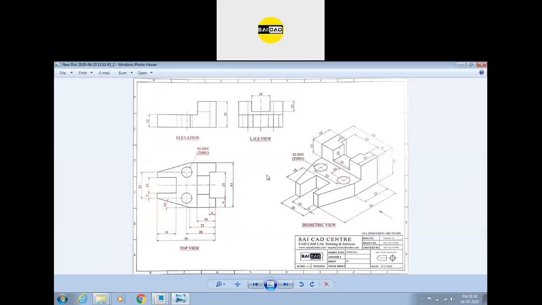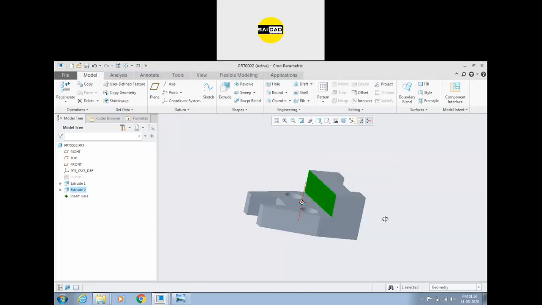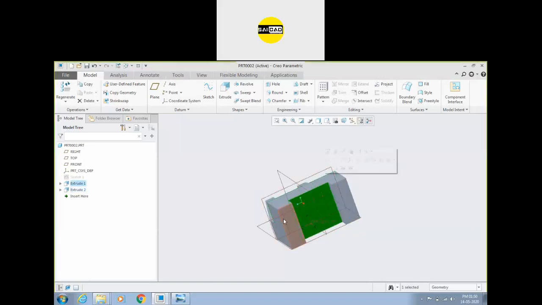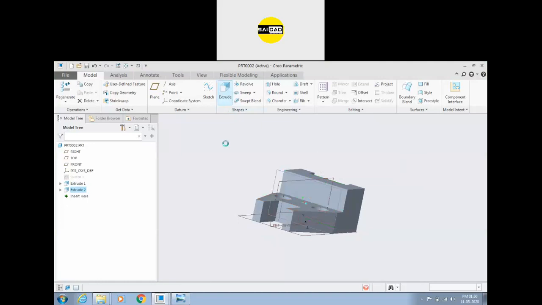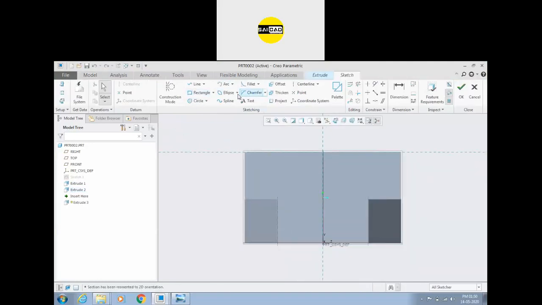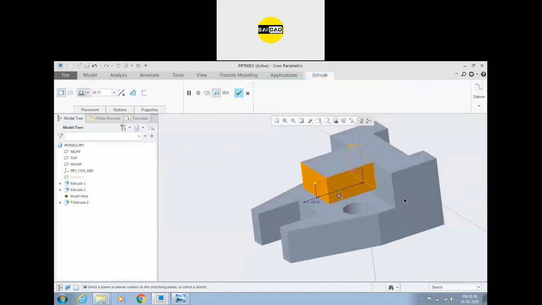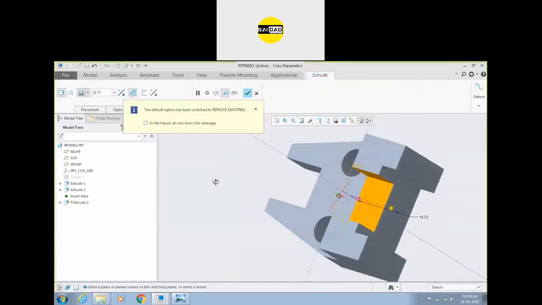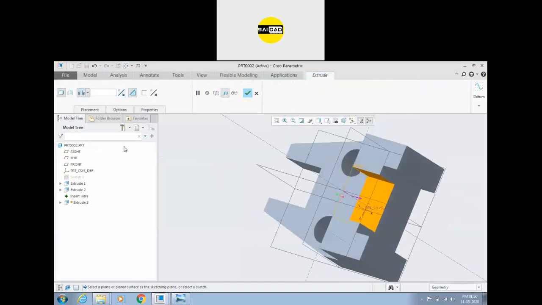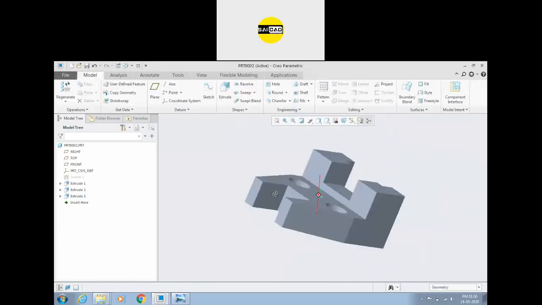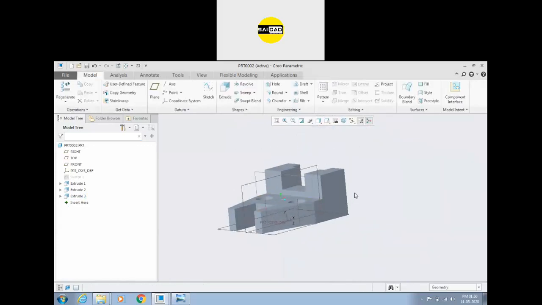Now we have to cut this space, that is 18 by 10. Okay, so you can either select this space, or you can either select this space or this space, whatever you need. I'm going to select this space, extrude, just create a center line. Okay, and select a rectangle, so it will be symmetrical like this, and this gap is 18, this gap is 10, and complete. Okay, so if I flip to the other side, the material will be removed, and I want to remove the material through all. Just click OK. So this is our final shape.